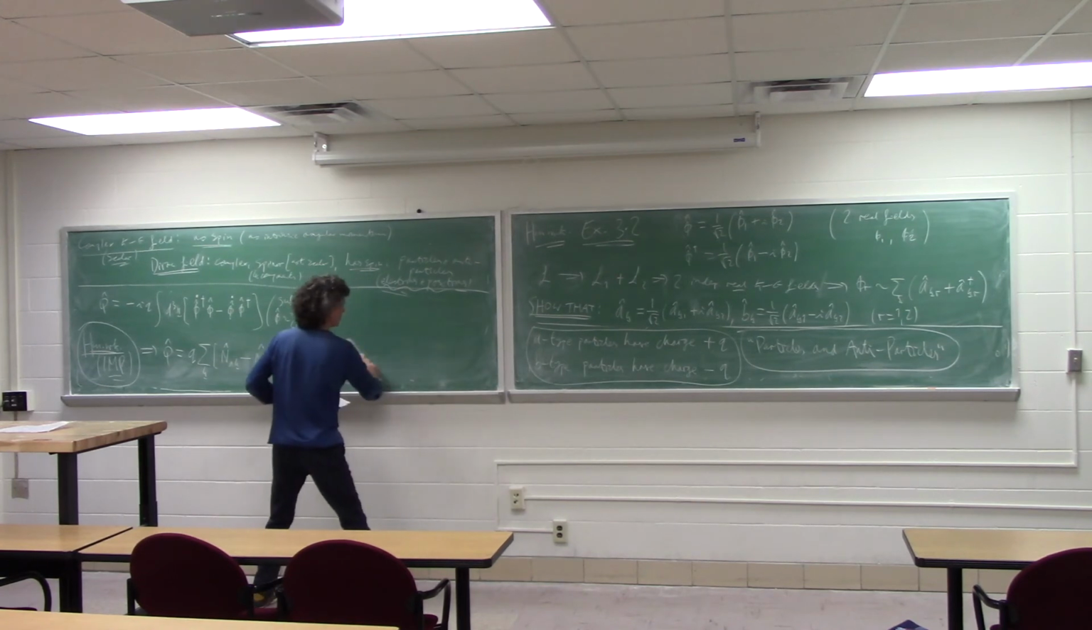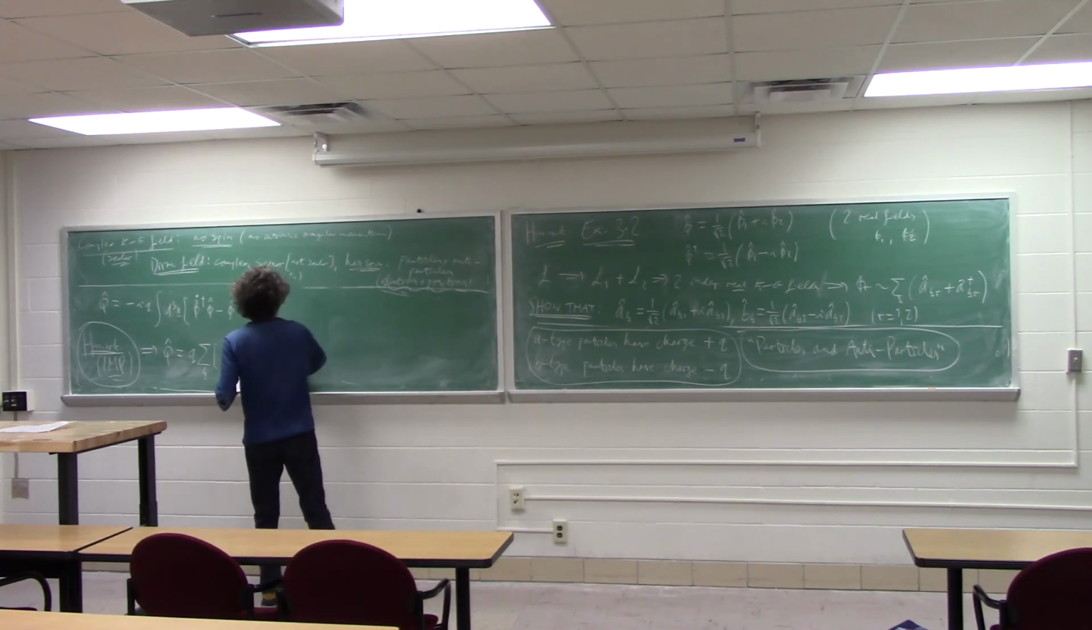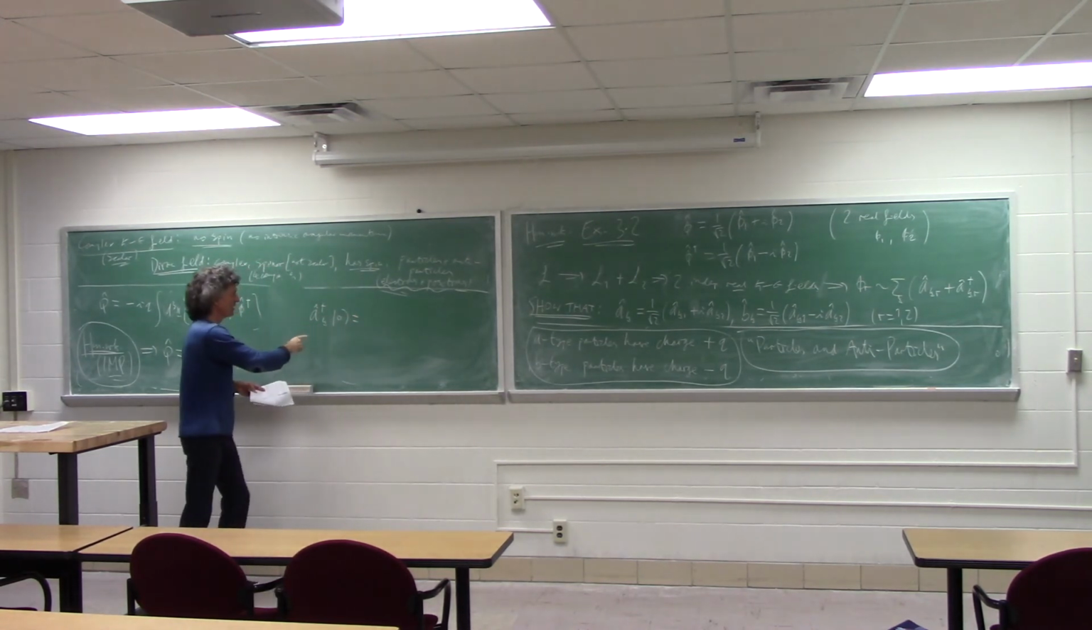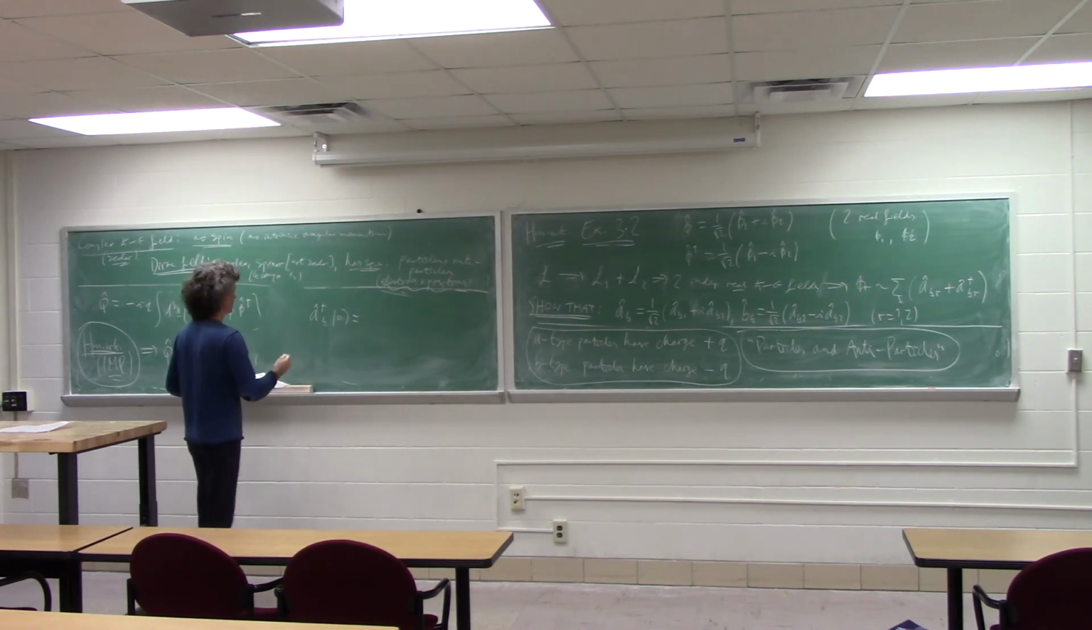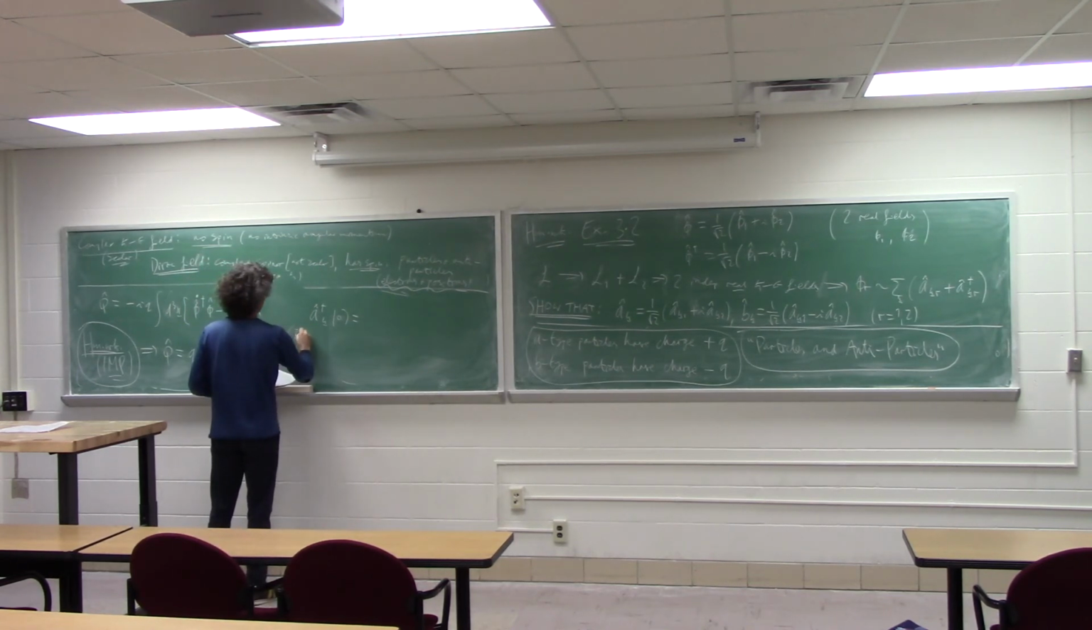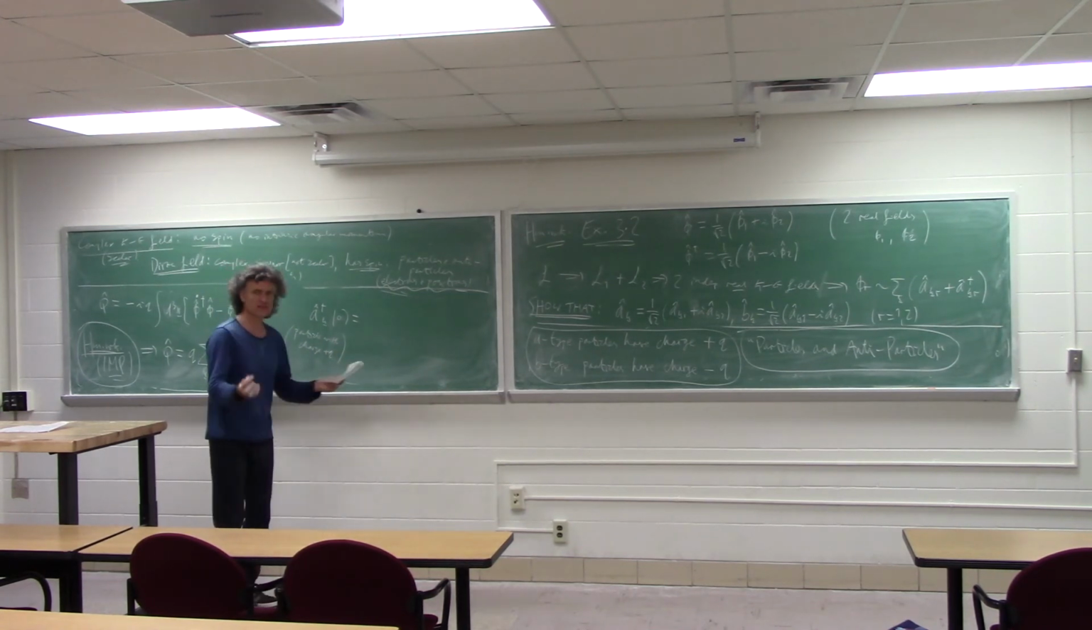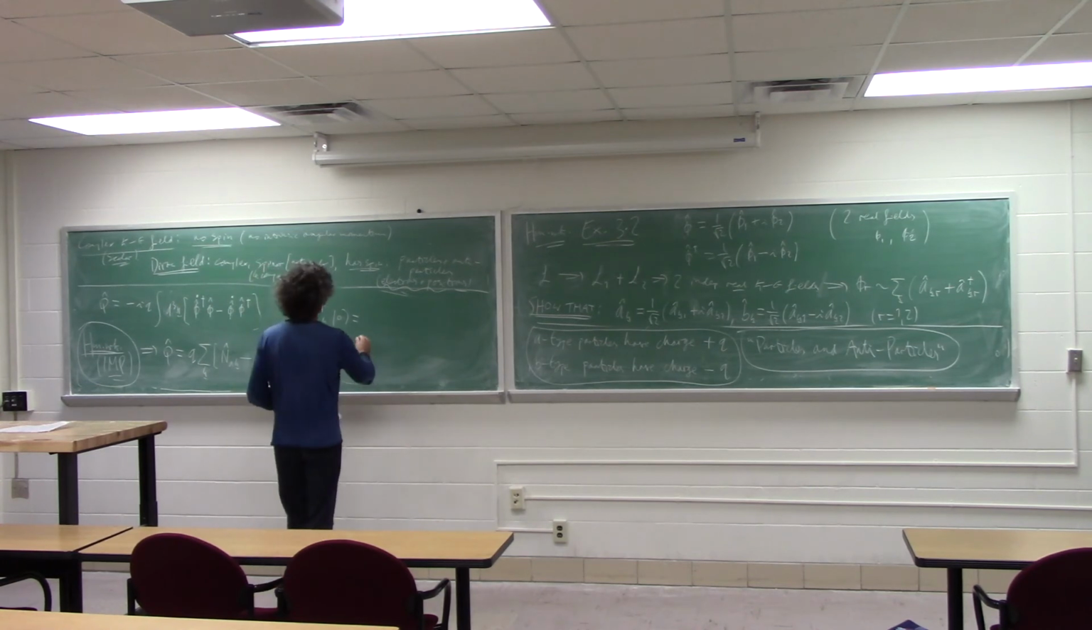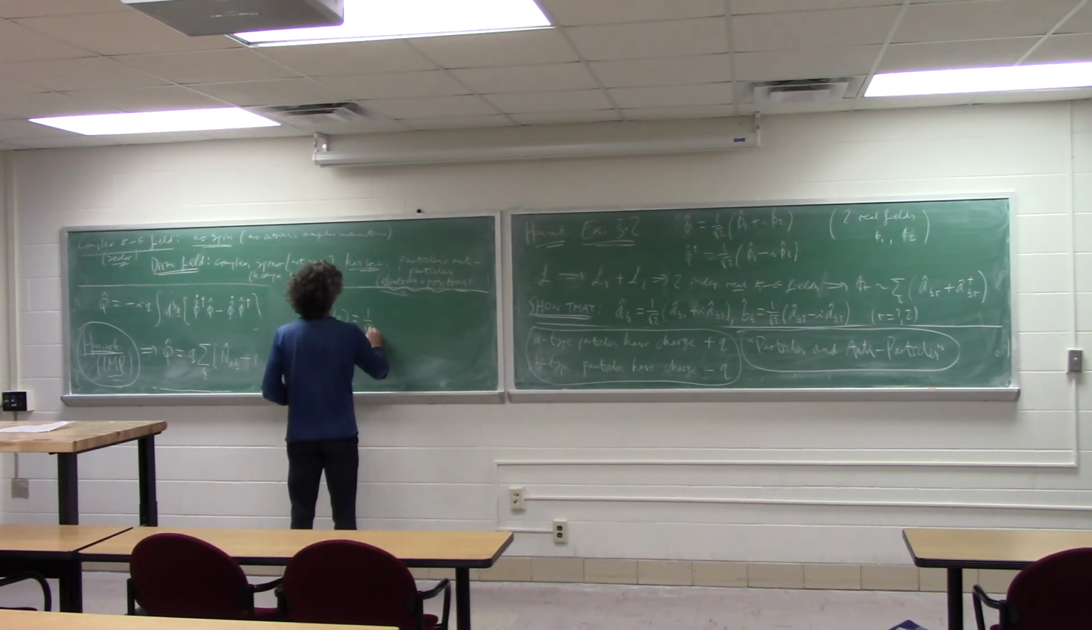So let us say you wanted, for instance, to consider the following state. I act on the vacuum with my raising operator for an A-type particle. So I get a particle with charge plus Q. If I think of this in terms of my two real fields, this is going to be equal to